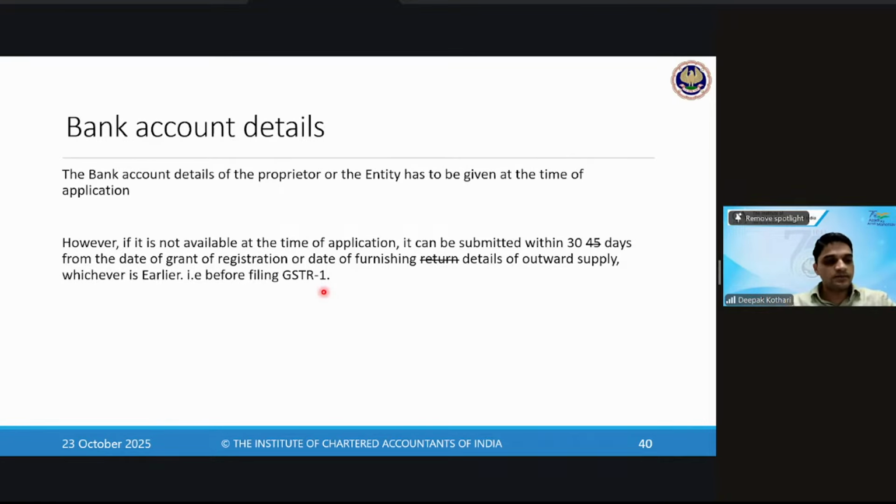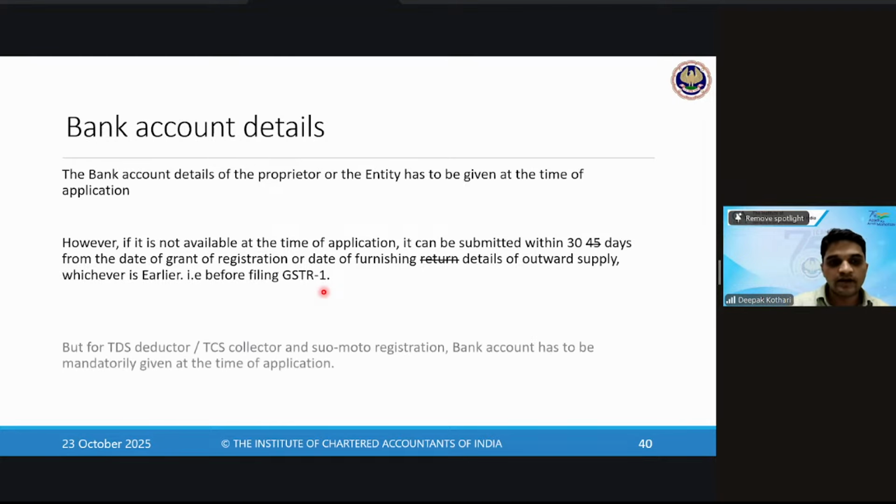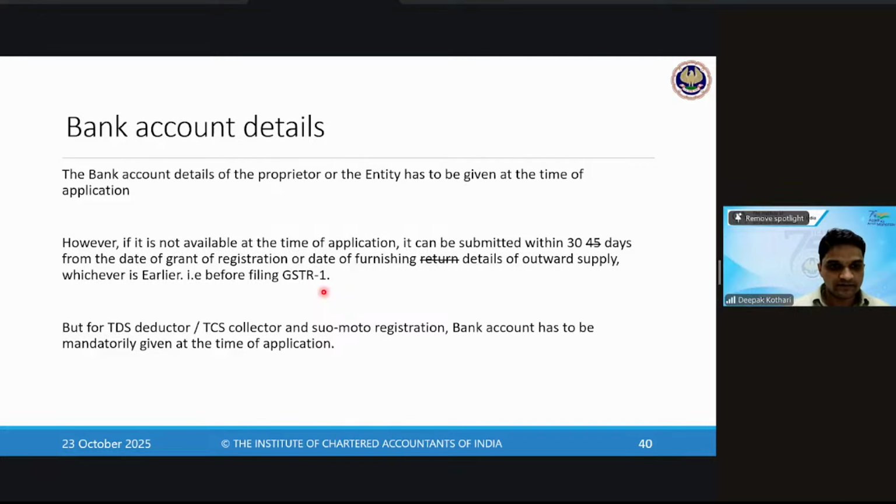At the time of applying for registration you are saying no, I don't have the bank account at the time of applying for registration. ठीक है, government is giving you relaxation that we will give you the registration without your bank account details, but you should submit it before 30 days, या फिर before the due date of furnishing of your outward supply, that is before 13th of the subsequent month. जो भी आपका due date आएगा, either that or 30 days, whichever is relevant, उसके अंदर आपको बैंक अकाउंट डिटेल्स देना ही पड़ेगा, वरना what will happen, your registration will get cancelled.